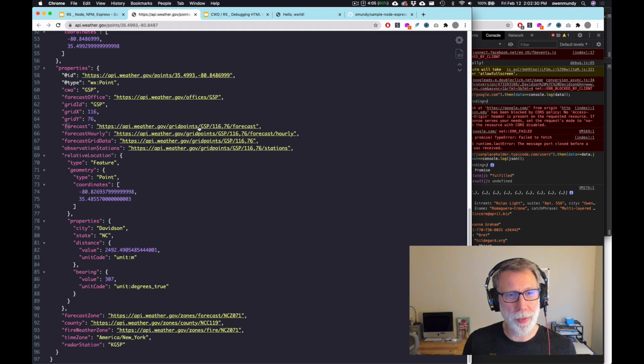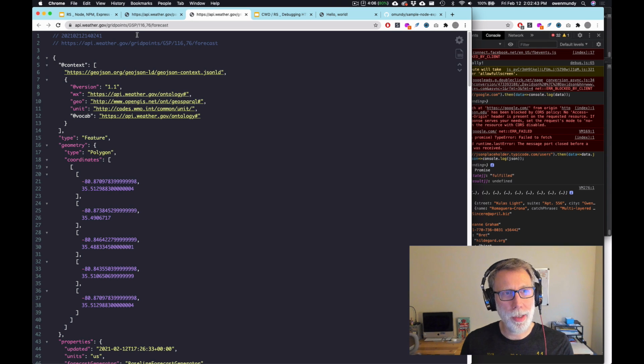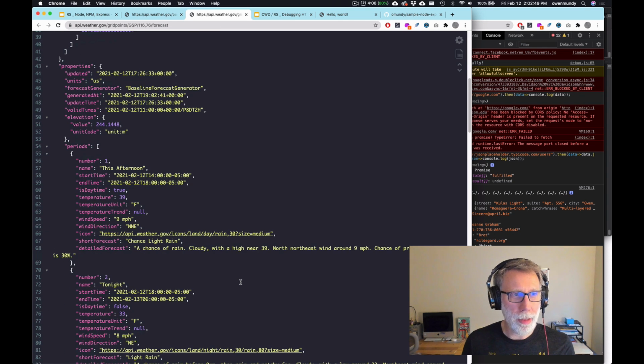So now we've got the grid point basically, and it's 116 by 76, and if you hit that endpoint with the correct grid point, which is Davidson, then it'll actually give you